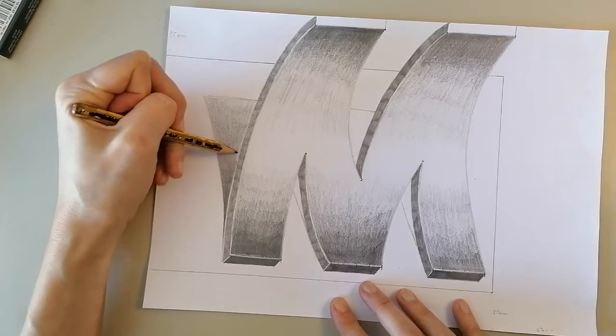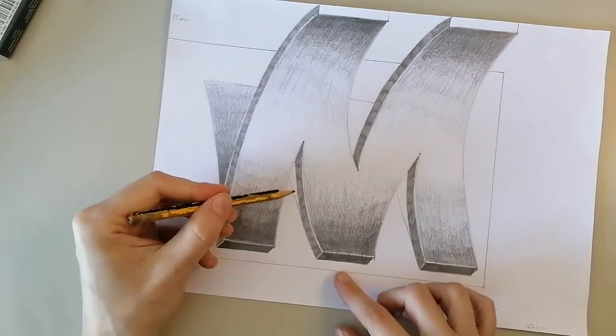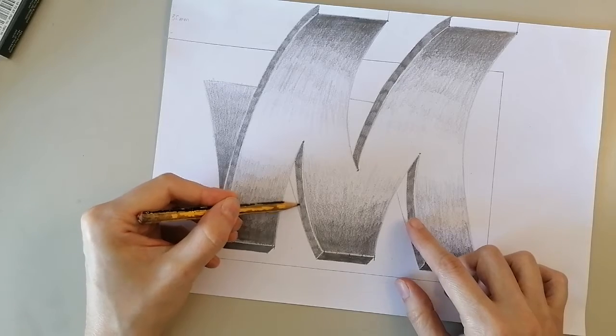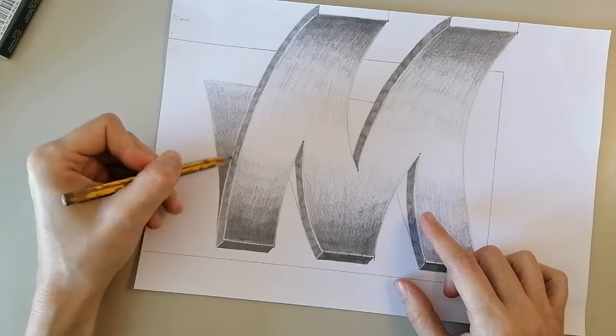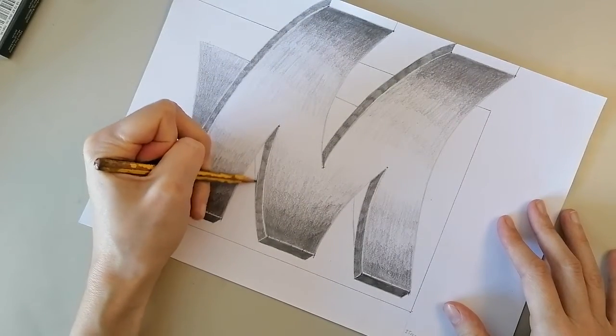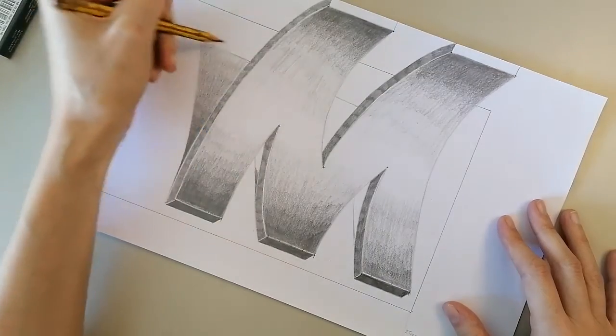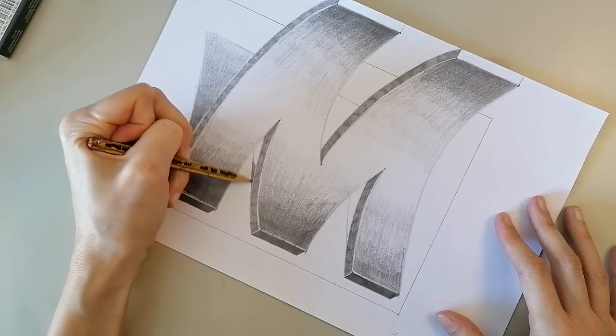Okay, let's do the same here and here, and as there is less space, it is going to be darker. I mean, we don't have enough space to lighten the shadow, you know what I mean? So